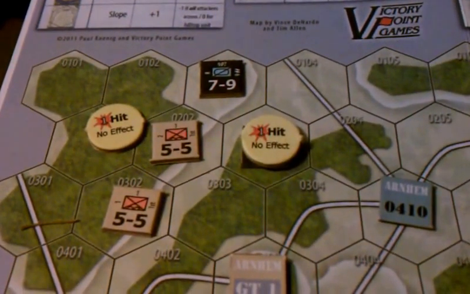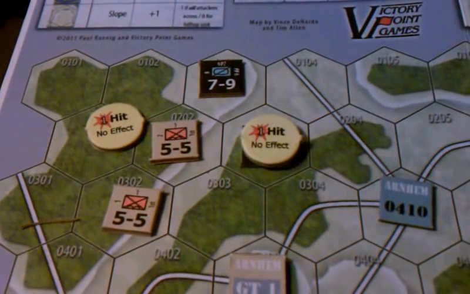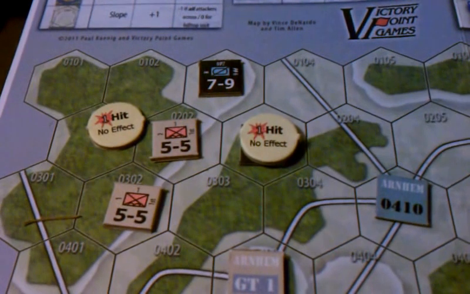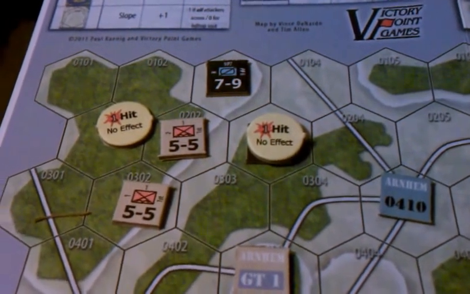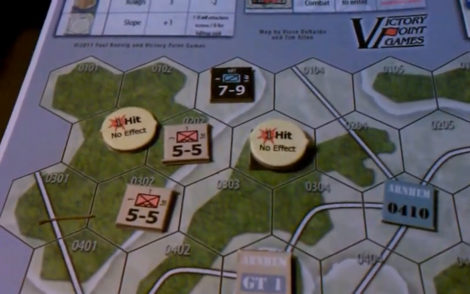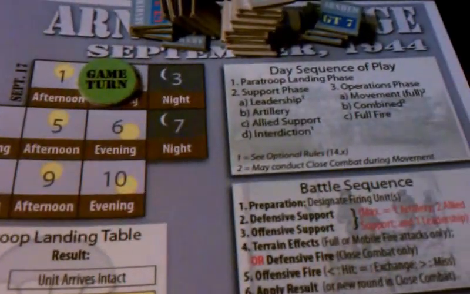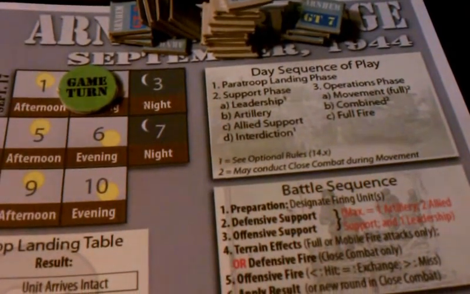So if you want to move into the same hex as somebody else, you can go into a close combat, but you do have to spend 2 movement points to be able to get into that hex. And that's how that works. So another thing that happens in the game is the artillery and air support that comes